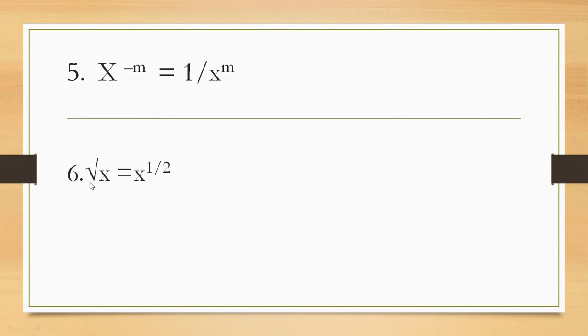Similarly, look at square root x. You might have learned this in optional math also. In the square root, in this corner there will be 2. This 2 is hidden here, and x power nothing means there is 1. When this radical symbol, square root, is cancelled, then this 2 will divide the power 1, giving 1 by 2. That means square root x means x to the power 1 by 2. I am repeating, square root means 2 is hidden here, and it will come below the 1.